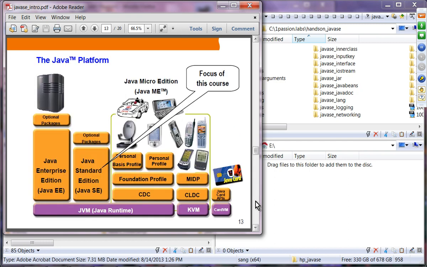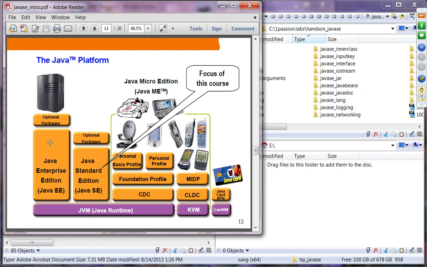Here is another picture of those three different Java platforms. Java SE is what we are going to focus on in this course. Java EE is a superset of Java SE. So Java EE has Java SE features, and on top of Java SE it has enterprise quality features such as security and transaction support.